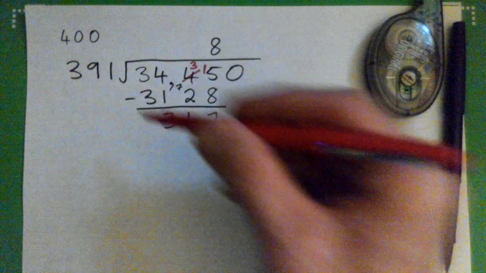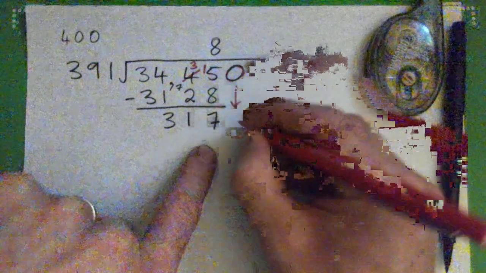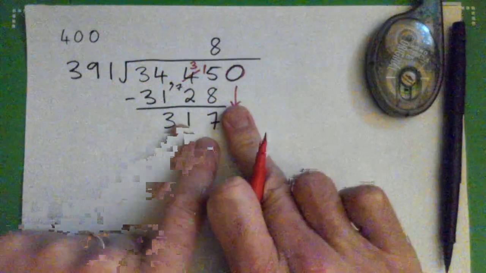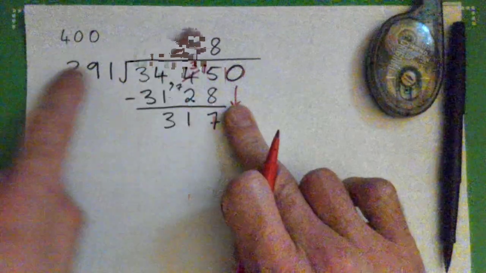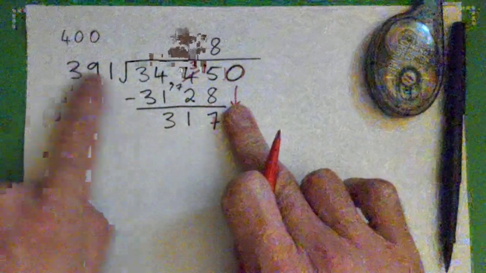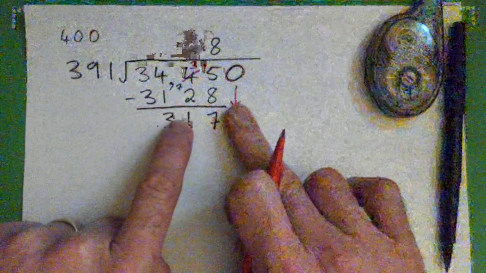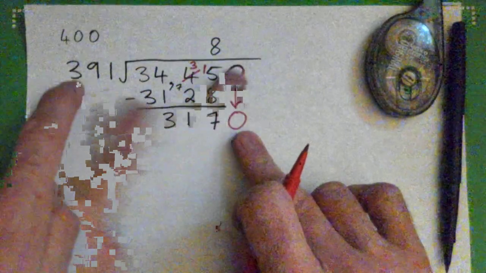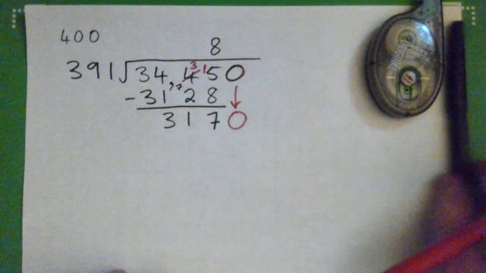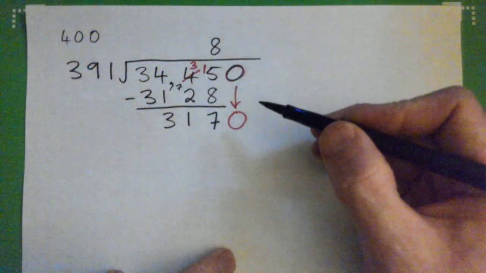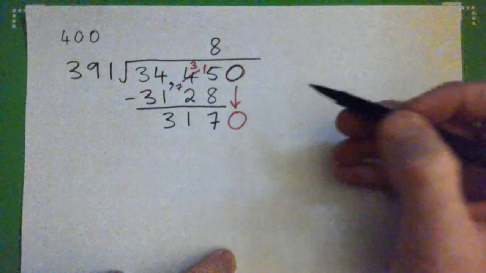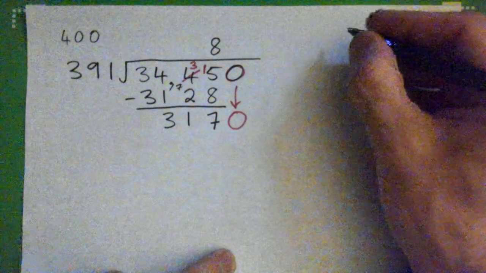And now 391 into this. No, because we got to remember to bring this down, don't we? So 317 is less than 391, and that's great. That means that 8 was actually a good guess. That was a great guess. So we bring this 0 down, and then we go 391 into that. You could try 7 or...